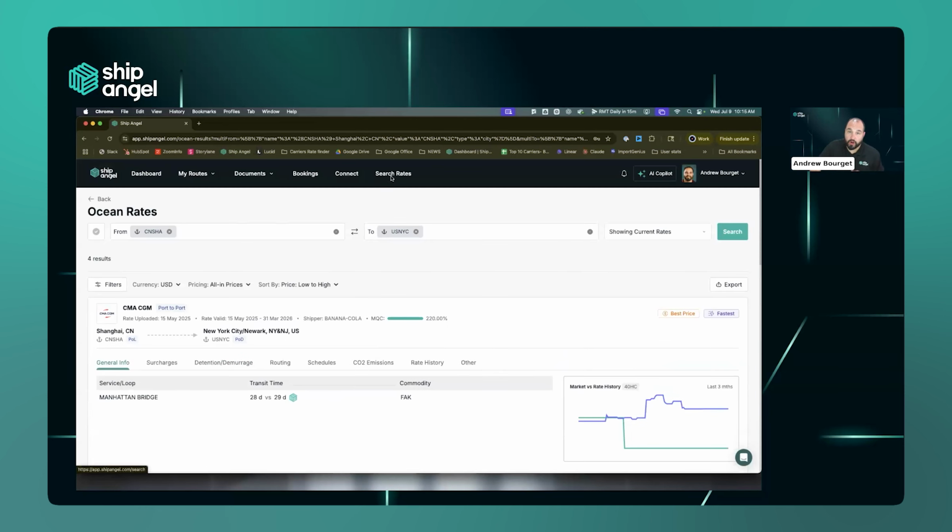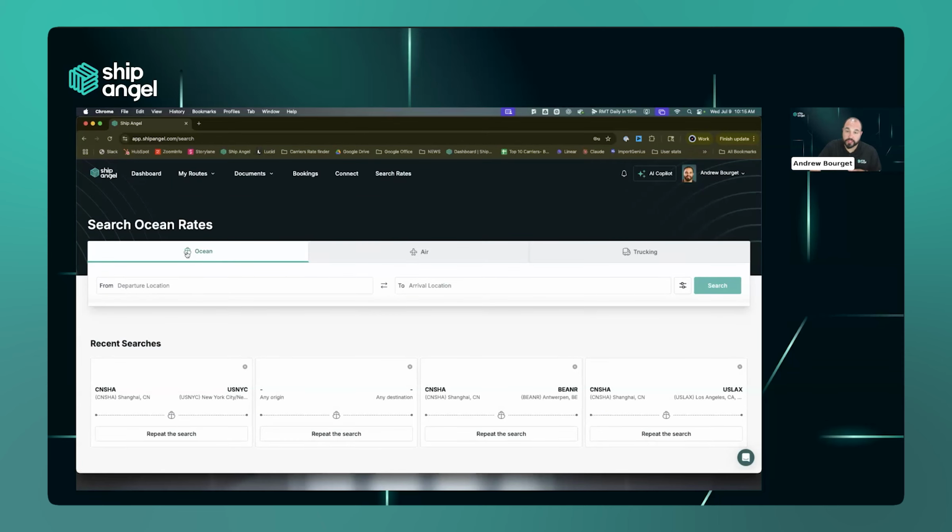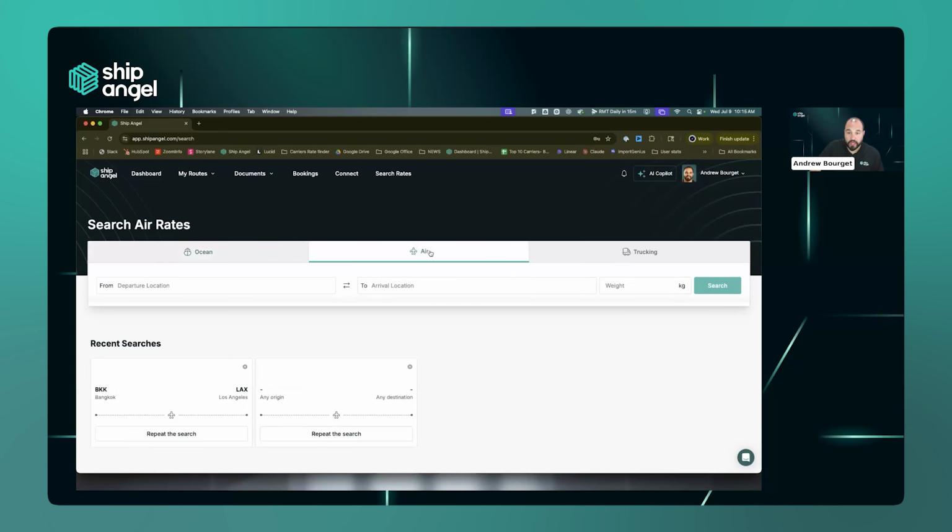This is inside our search function, and this was searching for ocean rates. Additionally, inside the Ship Angel platform, you can also search for air rates as well as trucking rates. And so inside the air section, we can also do a similar search. And down here at the bottom, it's kind of useful. You can see your recent searches, but I'm going to do the same search that I recently did from Bangkok